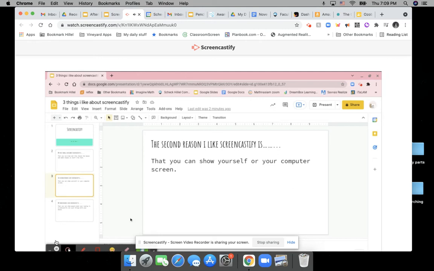My second reason I like Screencastify is that you can show yourself or your computer screen. So I could show my computer screen, or I could show myself if I click webcam or something. That's my second reason. My third reason I like Screencastify is that you can show people what you're typing